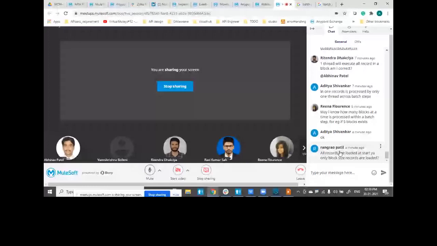T1 will take the first 100 records, T2 will take the next 5 records. Since T2 only has 5 records, once it is done executing, it will push that message back to the queue. So now 15 threads are available for further utilization, while T1 is still executing the first 100 records. Once it is done, it will push that entire block of 100 records back to the queue. Now all 16 threads are available. Any of them can pick that 100-record block. Or in the meantime, the rest of the 15 threads can go ahead processing the second batch step with the 5 records that were processed earlier by T2.